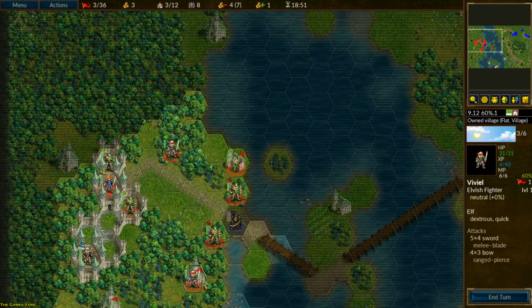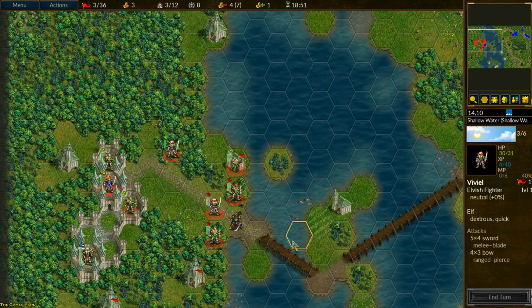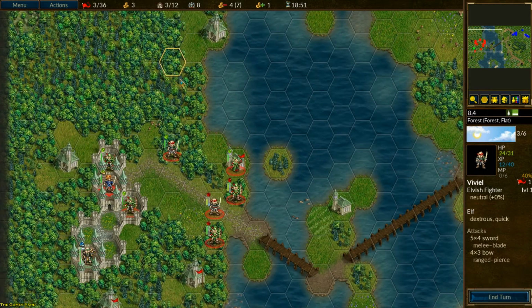Okay, let's just see if I can kill him. I'm going to go there, and let's just see if I can kill him. I want to kill him. Okay, we'll do the bow. In fact, we'll do the sword with this guy. Okay, he's out. Now the next move, I need to get across that river as quickly as...